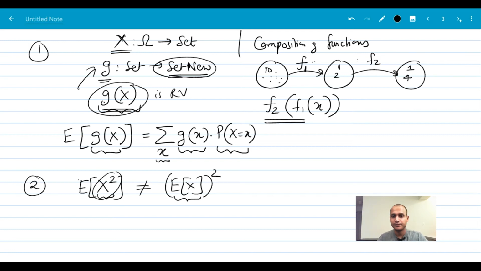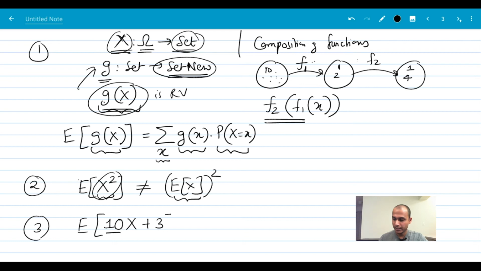I guess the third property I just want to quickly say is about the expectation of the random variable x, which is just a function, right? If I multiply that function with a number, so let's say I do 10 times x, and I add 3. My x was taking every outcome and giving me a number, so whatever number it was giving, I'm going to multiply it with 10 and add 3.